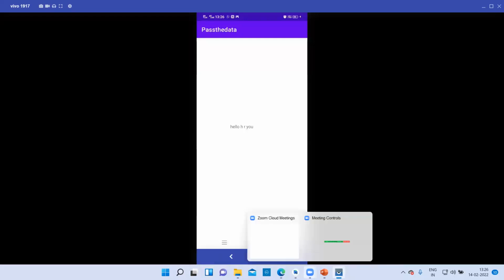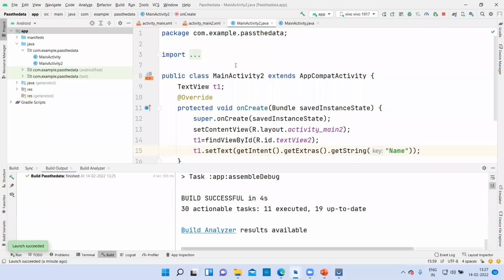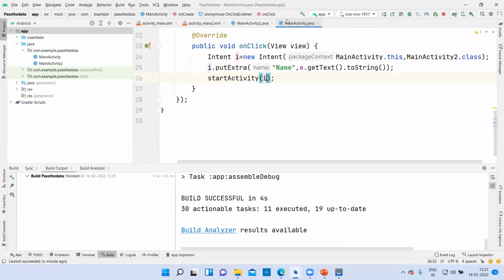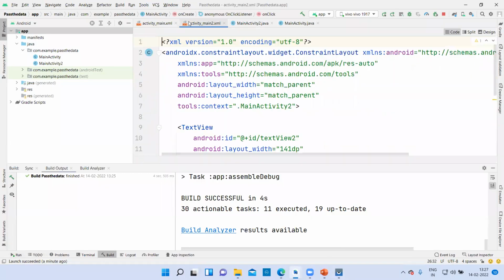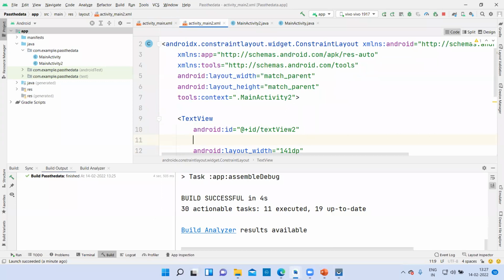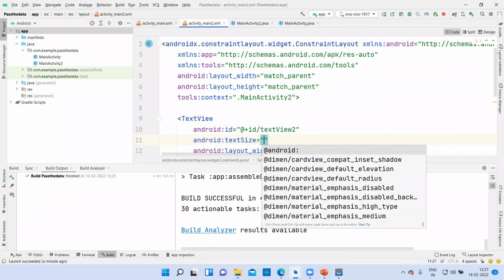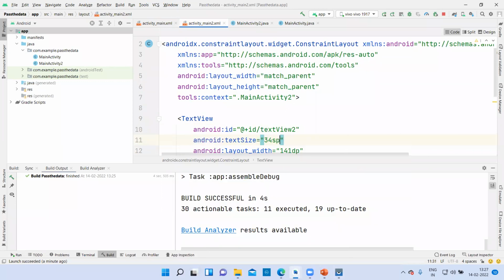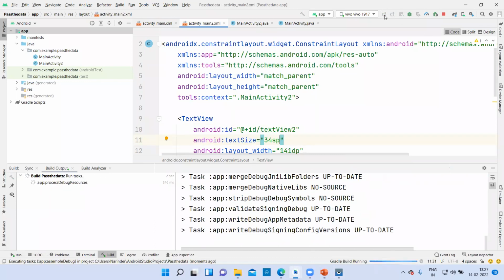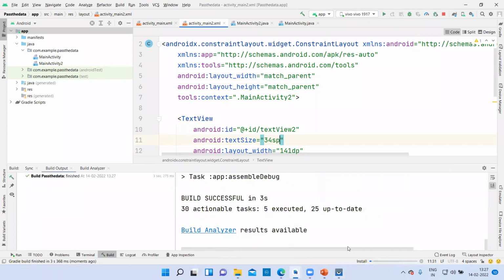So we can enlarge this font also. So let me do it and then show you again. Just wait. Okay. Text size 34 sp, and recompile it and relocate it. Just wait, it is coming.